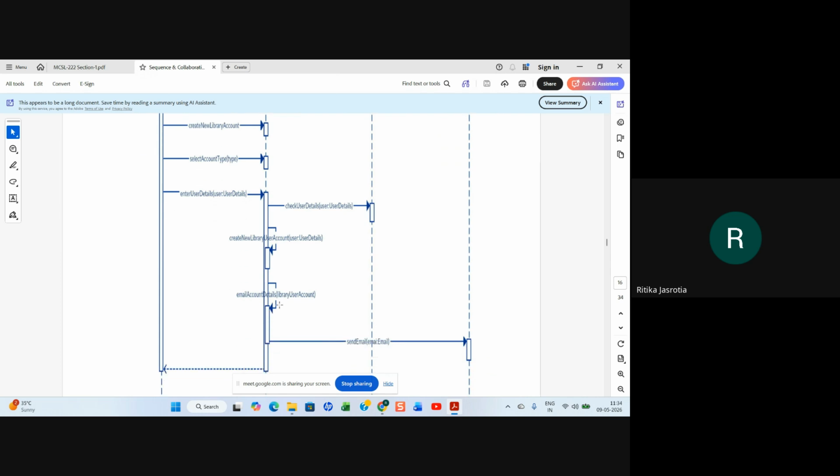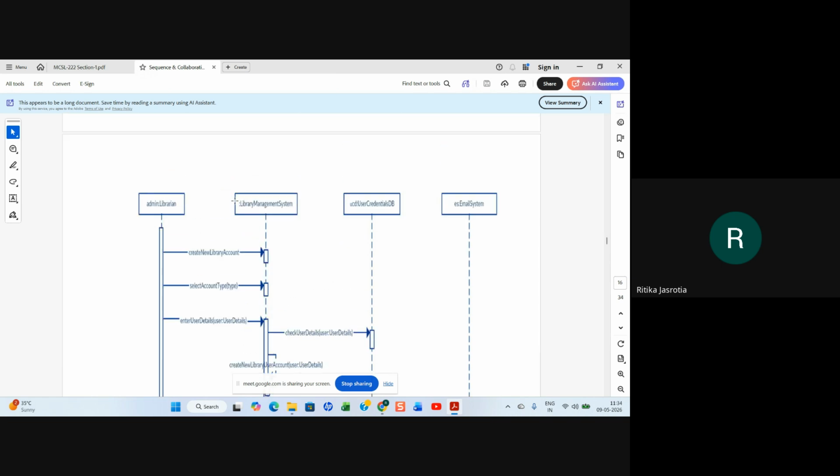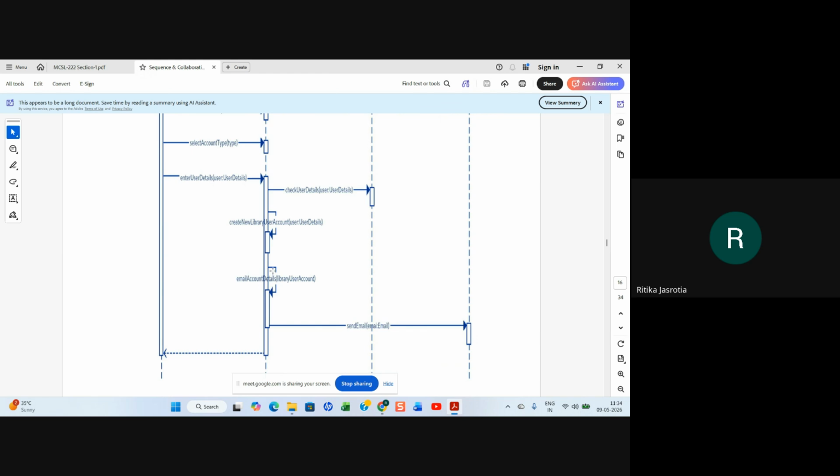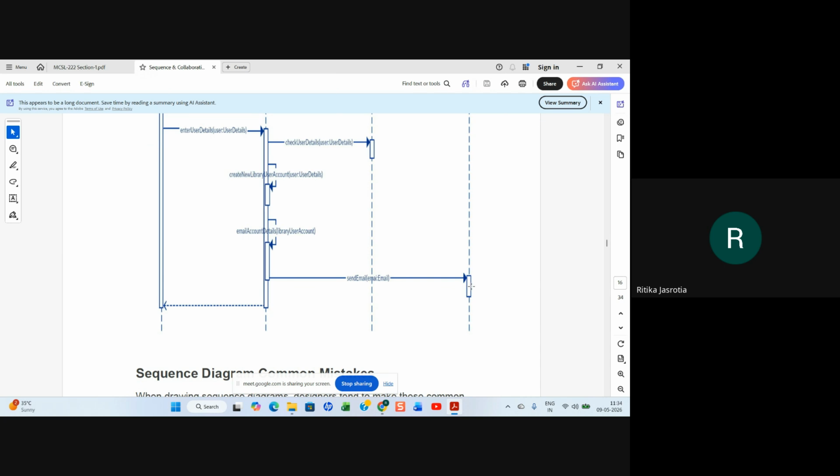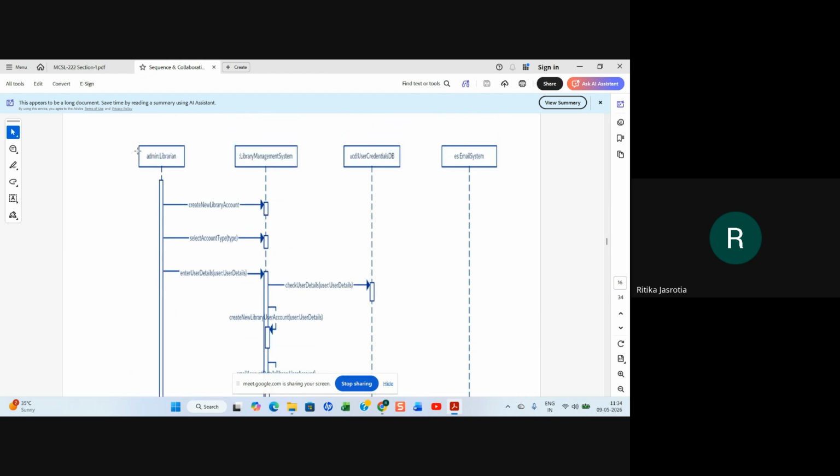And then email account details to the library user. A message goes to the library management system only that an email has to be sent, and the email is sent via the email system to the user that his account has been created. This kind of thing. And a return message is given to the librarian accordingly.